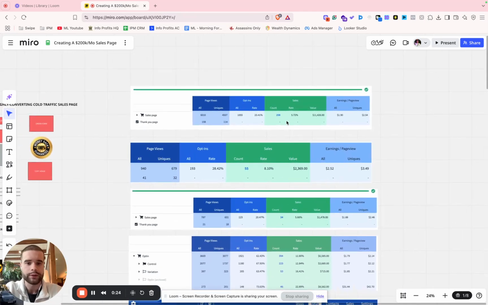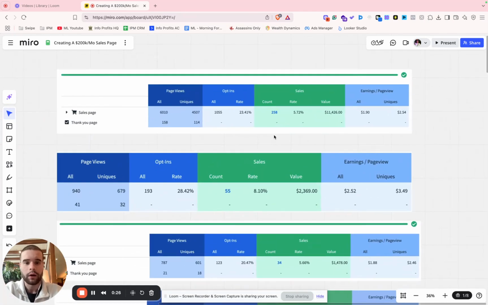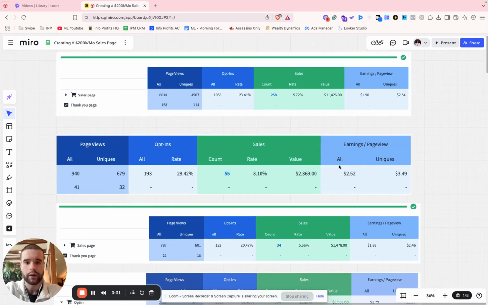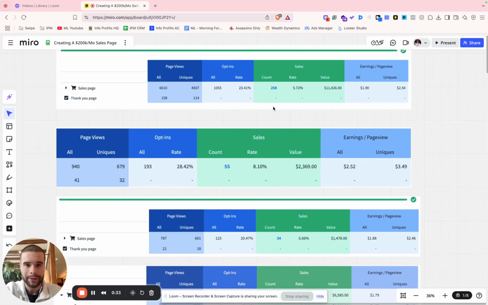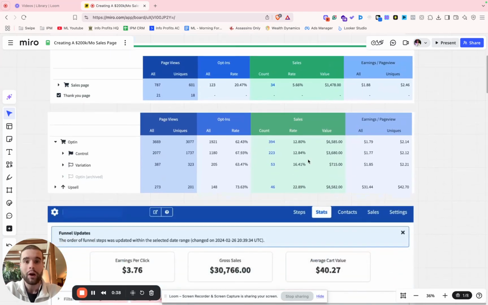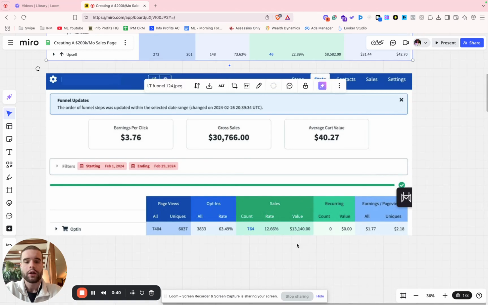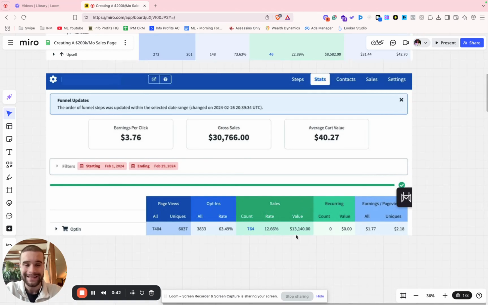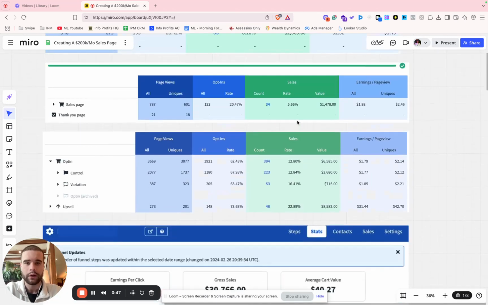we're getting. Now, the first one, as you see, 100% cold traffic, Meta, 5.72% front end conversion rate, purchase conversion rate. Second screenshot, 8.1% front end conversion rate, 5.66% conversion rate, 12.8 front end conversion rate. Here, another screenshot, 12.66% front end conversion rate. And all of these funnels that we're creating, all of these clients that we're working with, use the exact same A to Z process that I'm unveiling with you today. So, of course, make sure to tune in to the end of this video because a lot of games can